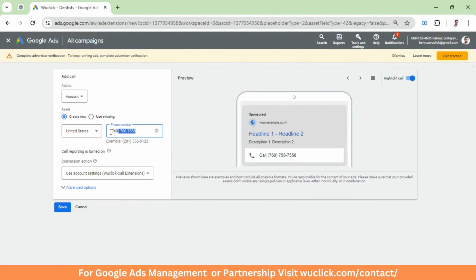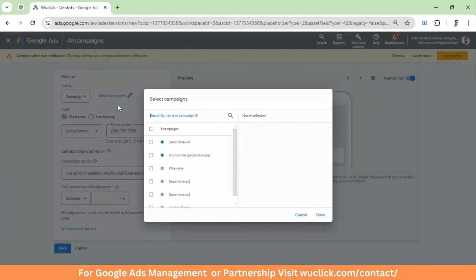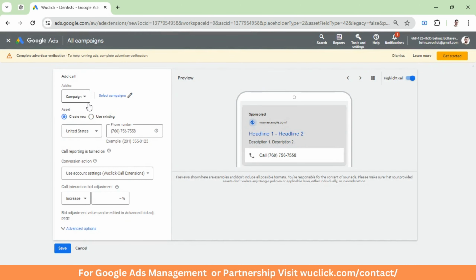This is the phone number we have added, and this is how you will see that phone number with your ads. And we're gonna put it at the account level because we're only gonna be using one call extension and we don't have any other phone numbers. But if you are using several phone numbers and you have different landing pages that use different phone numbers, just add them at the campaign level